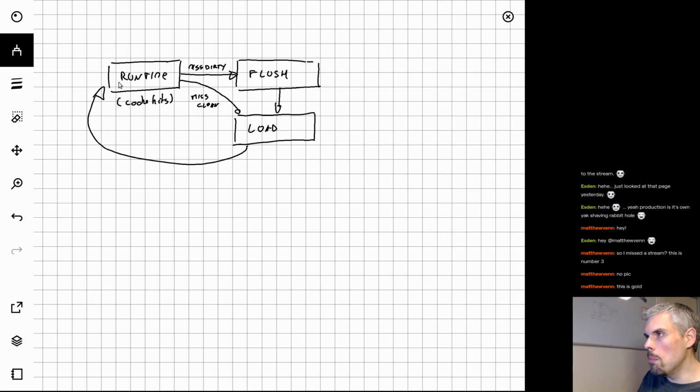We have a runtime mode, which in all the streams I'm now calling bus mode, which is basically the cache serving requests from the bus. And while we have cache hits, we stay in bus mode all the time. And when we have a miss, which means that the CPU wants to access something that we don't have in the cache, well, we need to load that from